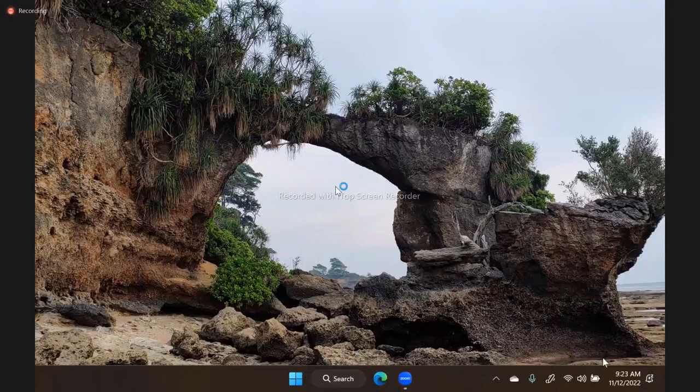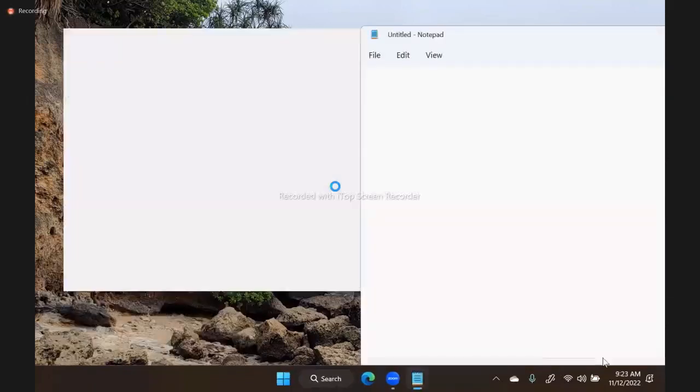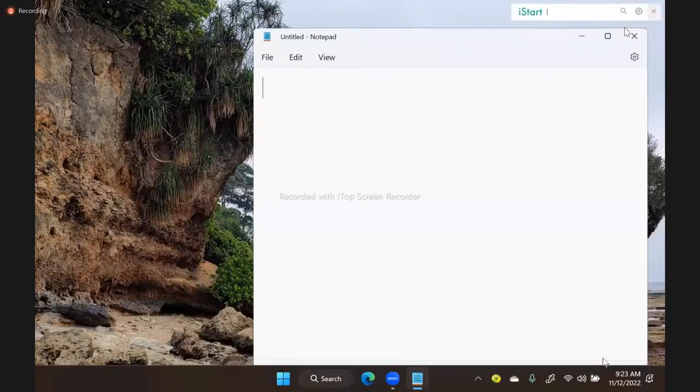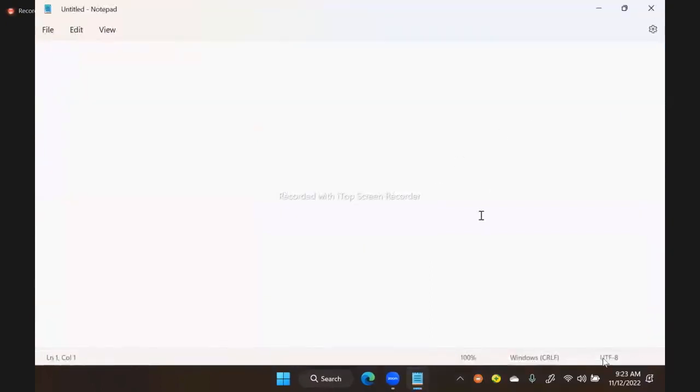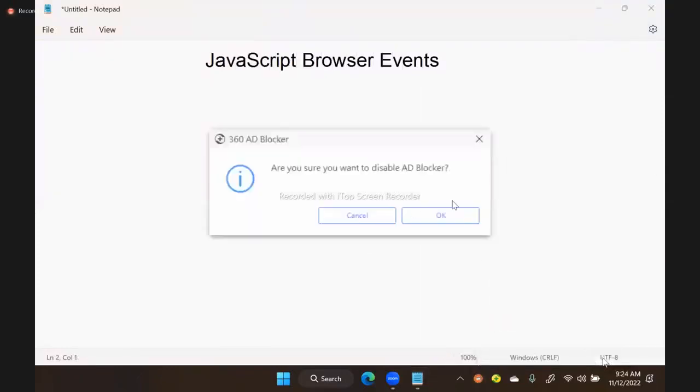So last session we discussed all browser objects and how to work with built-in objects. After understanding the browser and built-in objects, now the next important thing we need to understand is JavaScript browser events. We need to know about JavaScript browser events. Already the option is here. What we learned is